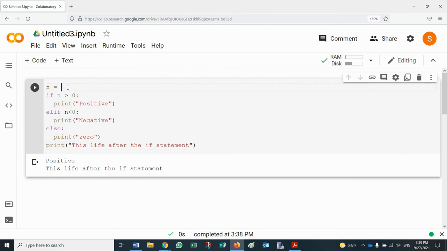Now let's change the 7 to negative 100, and then execute this. Now it quickly checked: negative 100 is in n, is negative 100 greater than 0? That's false. Because it's false, it skips this block. And then it goes here: is negative 100 less than 0? That's true. And then it prints negative, and then it goes out of the if statement